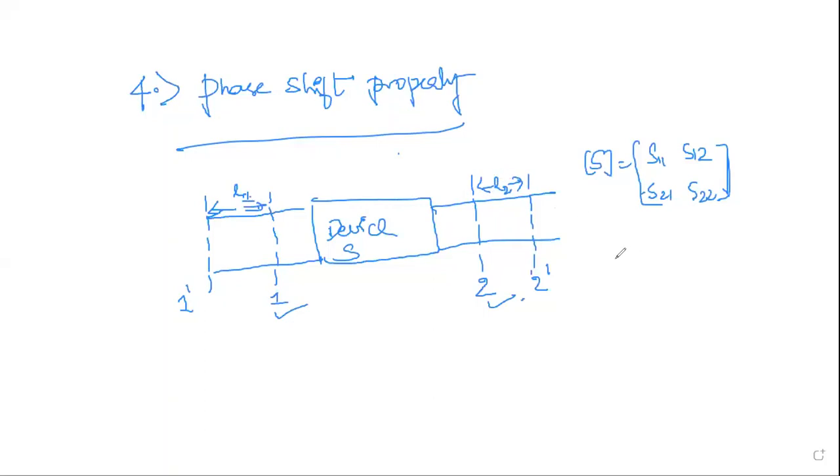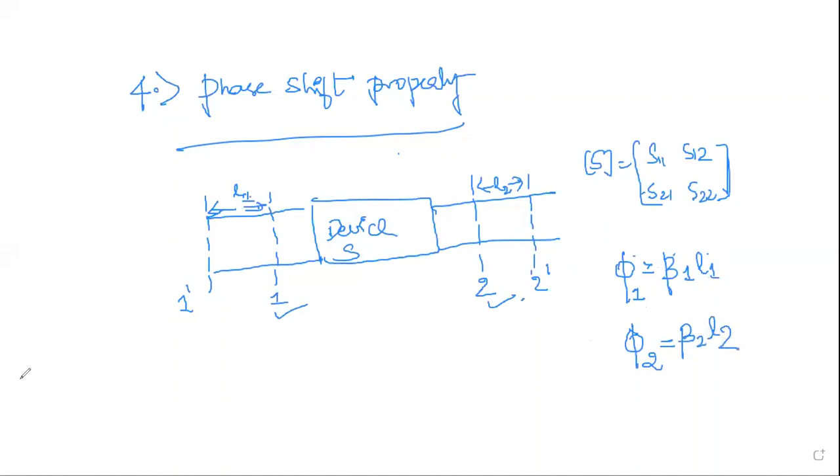Now, how do you define an electrical phase shift? The formula for electrical phase shift is nothing but beta 1 into L1. So this is the formula for phase shift: the phase constant with respect to the length. The first reference plane 1, which you are shifting outwards by an electrical phase shift, phi1 is equal to beta 1 L1. Similarly, reference plane 2 is shifted outwards with an electrical phase shift, phi2 is equal to beta 2 into L2.